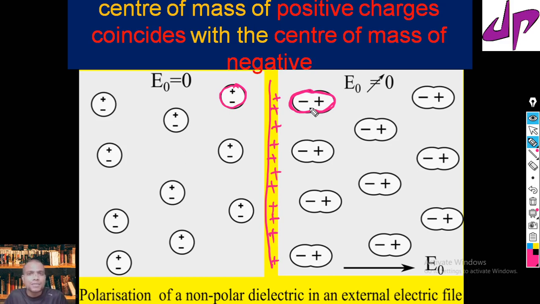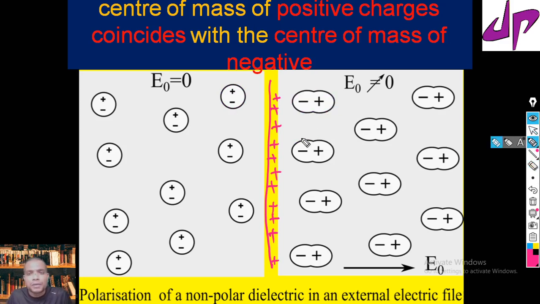If the location of the center of mass of the negative charge changes, automatically the molecular structure has changed. It's something like a dumbbell-like structure. So that causes